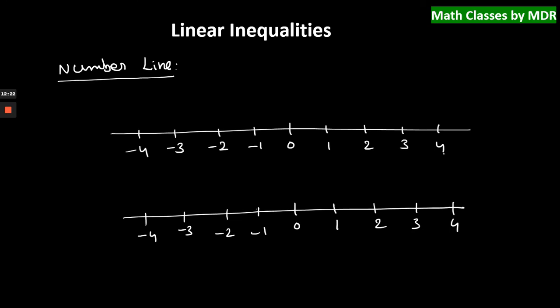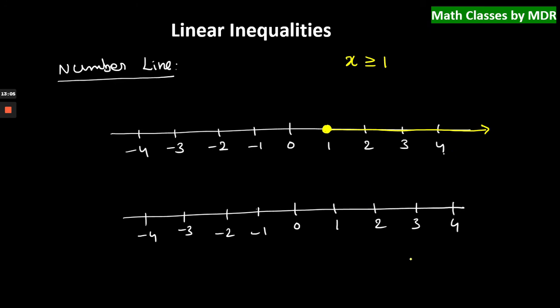Now let us take one more example. Suppose you have something like x greater than or equal to 1. Again we take a circle here, but it is a solid circle, a filled dot. We have to fill it whenever it is greater than or equal to, to show the difference. When it is just greater than, we take an open hole. If it is greater than or equal to, we fill the circle and represent all the values greater than or equal to 1. On the right hand side we see these values, so the line will go like this.